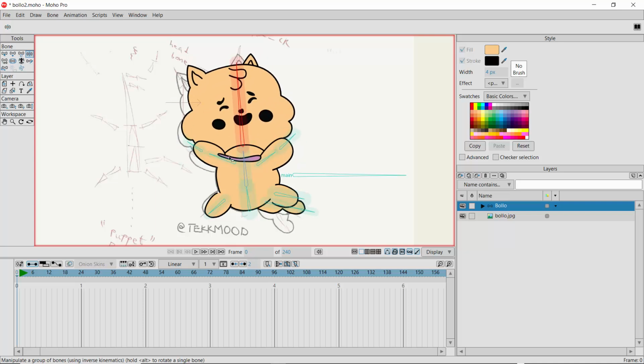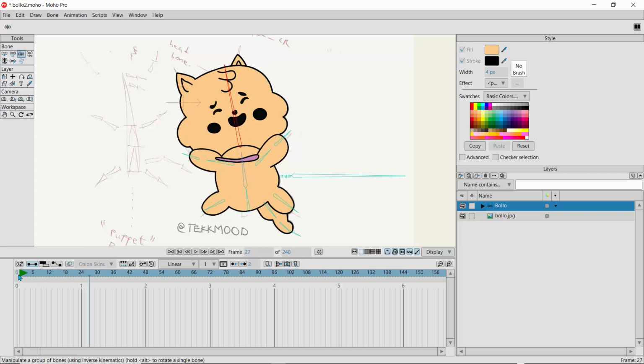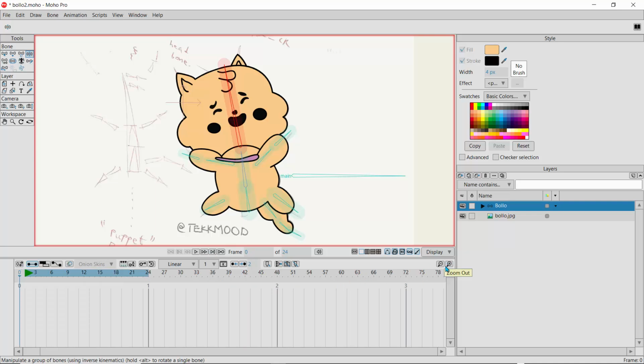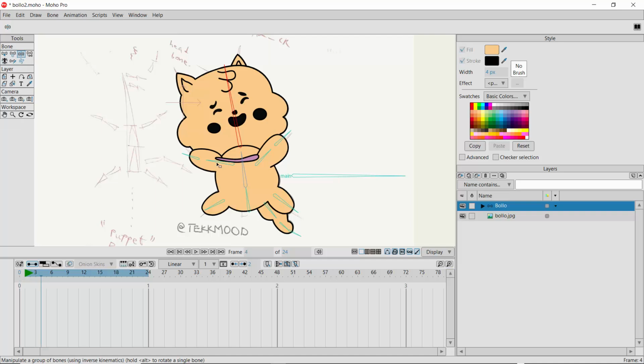Now let's do a simple animation. Now on frame 0, that is where our character is designed. That's our design layer. If we move this, we're in animation, right? We're in animation. So what I'm going to do is just move a bit into the timeline, and I'll set this to 24 frames, and we could just zoom in here. So I'll just move a little bit, and with the manipulate bone tool selected,